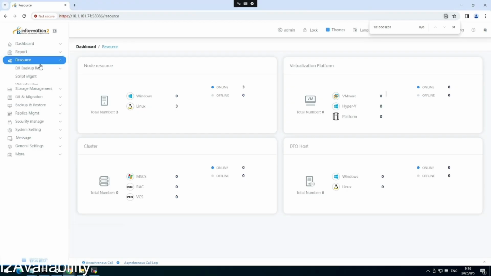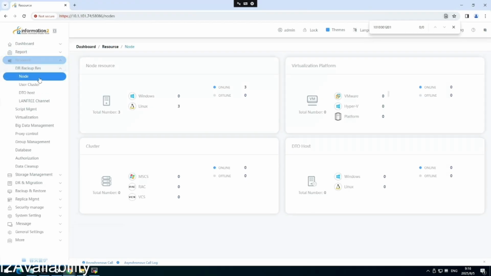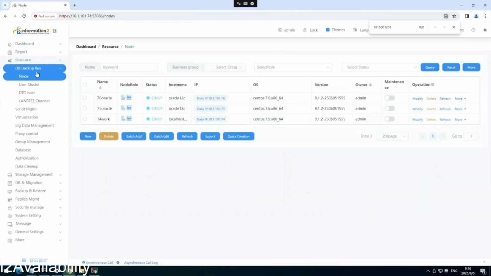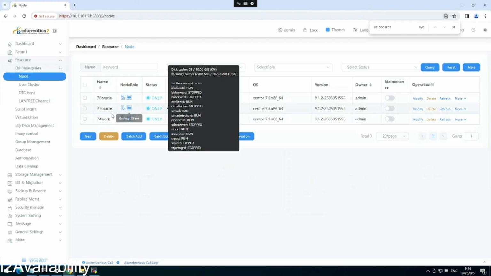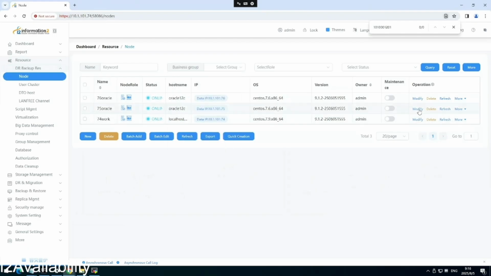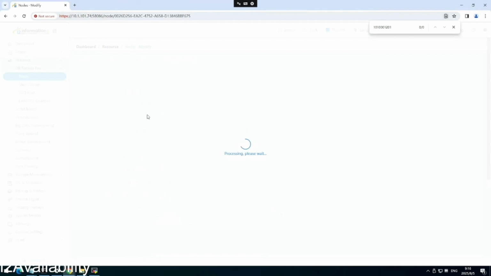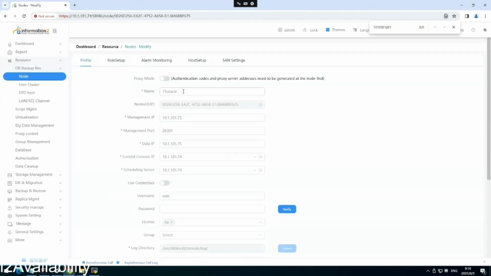After you finish the installation, you should access the i2 app platform. Then click resource, DR backup resource, and node. There are already 3 nodes registered to the i2 app platform, and in this case, you need to register them one by one. This is 75 Oracle, because this time we use an Oracle database as the original database